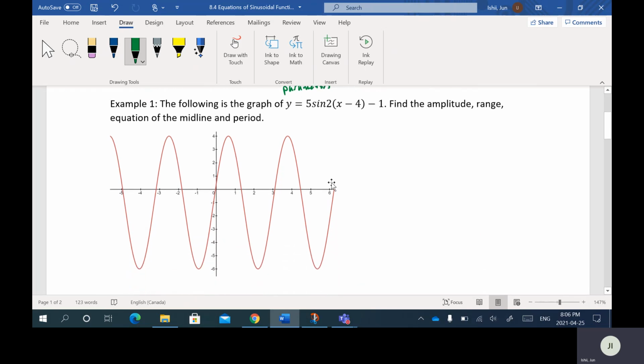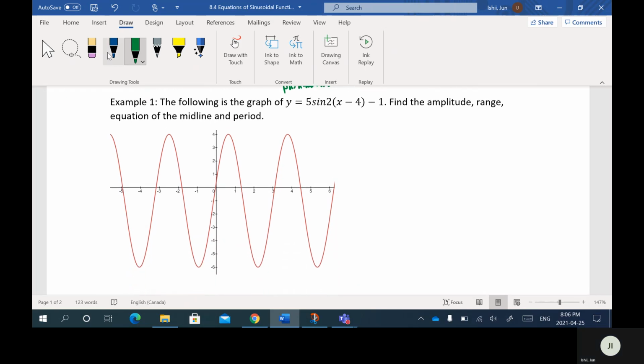Cool, so let's just get right into it. The following is the graph of y equals 5 sine 2 bracket x minus 4 minus 1. This is the graph of this function, and what we want to do here is find the amplitude, range, equation of the midline, and period. First, perhaps some review from the previous lesson,